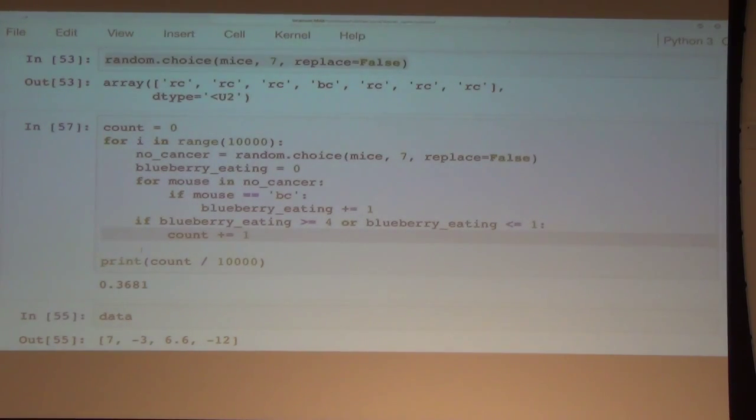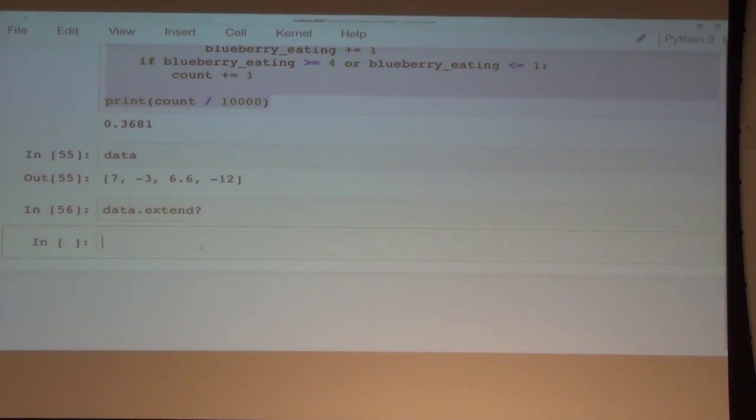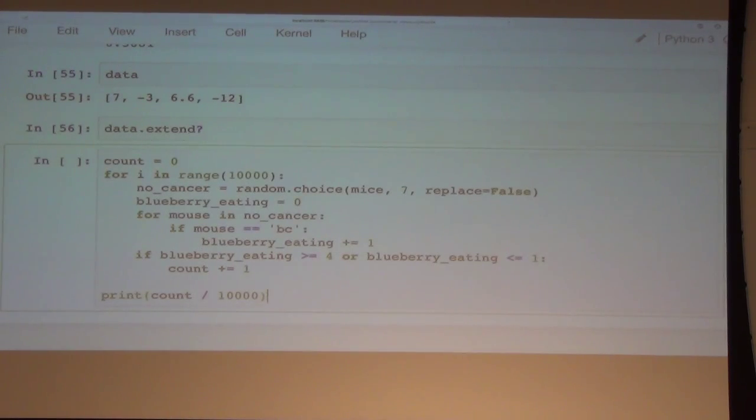Okay. All right, so what are we going to do? Let's copy this and modify this. So we're going to say for i in range 10,000. So we want to assign cancer to the mice randomly. What probability do we want to randomly assign a mouse to have cancer with? Or cancer freedom. Instead of assuming that always 7 of the mice are cancer free, we're going to say that